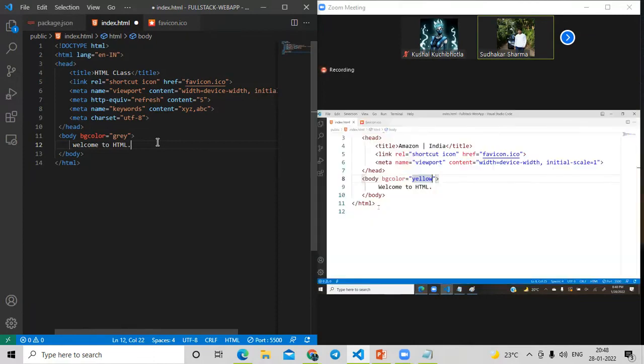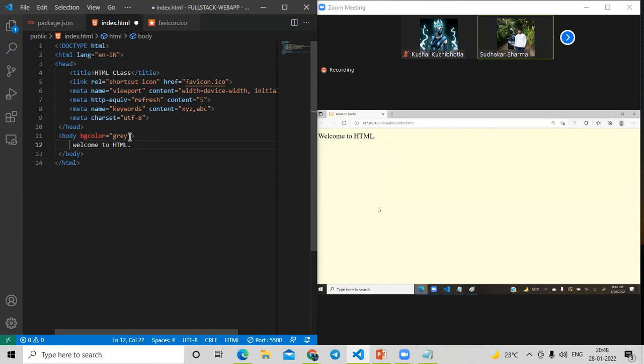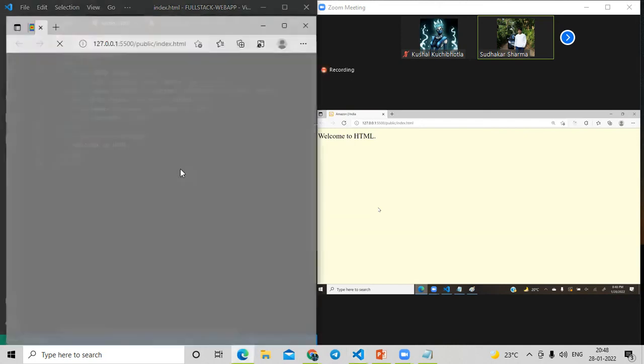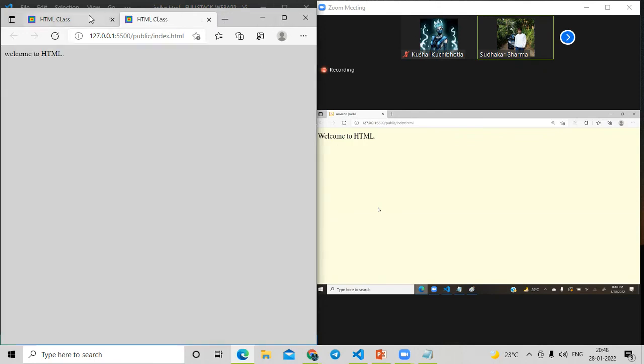You can write light yellow, and it will display like this. But I want a little brighter yellow, not this. That means we have to apply the colors through codes now. So in HTML, two values you can apply, either color name or color code.